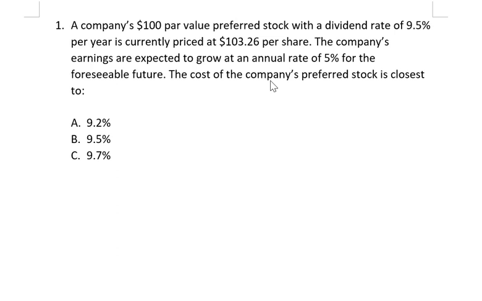Question 1. A company's $100 par value preferred stock with a dividend rate of 9.5% per year is currently priced at $103.26 per share. The company's earnings are expected to grow at an annual rate of 5% for the foreseeable future. The cost of the company's preferred stock is closest to